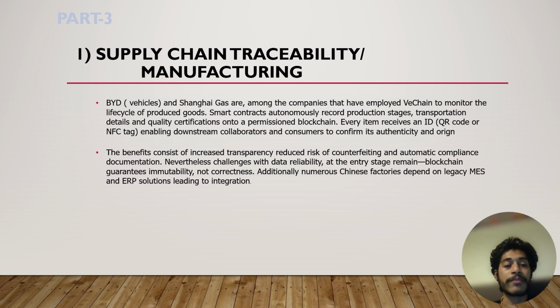In China, BYD vehicles as well as Shenzhen Gas, among these companies, have employed VeChain to monitor the life cycle of produced goods. Every item receives an ID, QR or NFC tag, enabling downstream collaborators and customers to confirm its authenticity as well as its origin. The benefits are increased transparency, reduced risk of counterfeiting, and automatic